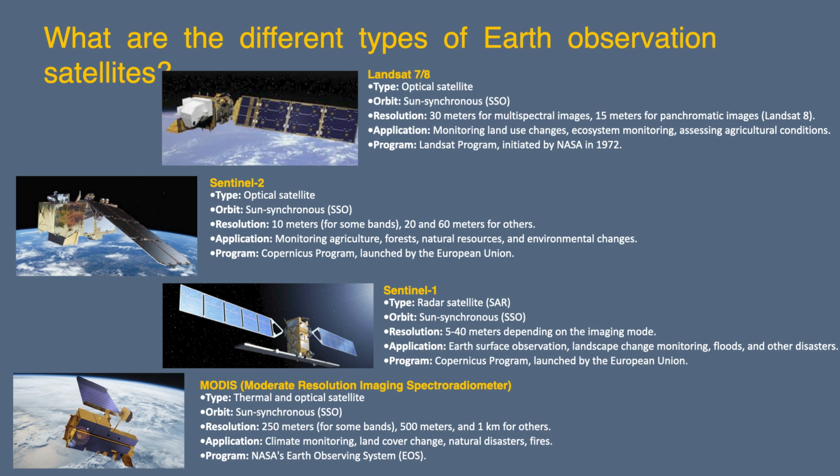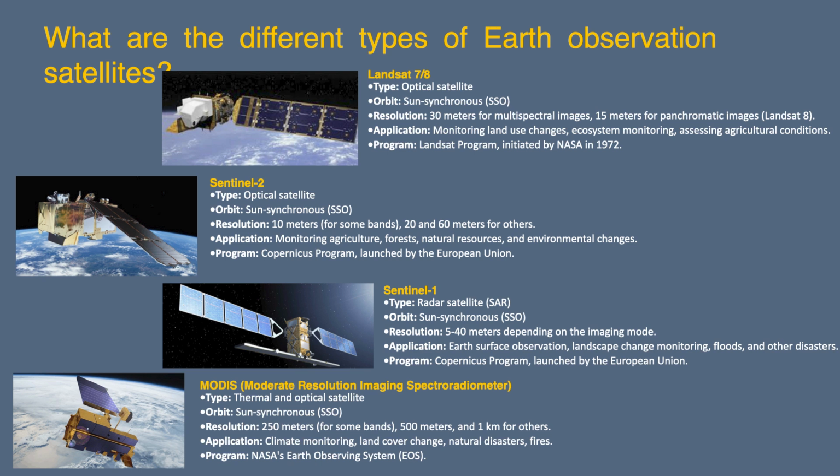Earth observation satellites are typically found in low Earth orbit, about 500 to 1,300 kilometers above Earth. This orbit works best because the closer the photo, the higher the resolution and the better the quality. Some satellites move in a geosynchronous orbit, but only a few. Most satellites use a sun-synchronous orbit.